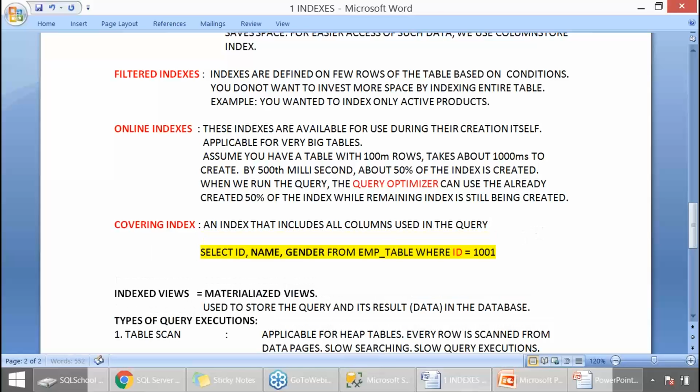Given a query, or given an index, being all columns used in a specific query,